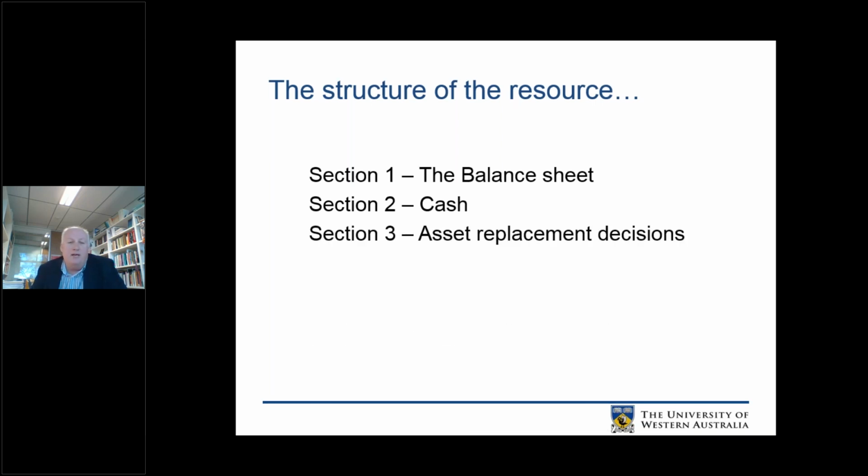We also have a section looking at the asset replacement decisions that organisations might make. And we make some suggestions about how organisations might make those replacement decisions and what kind of risks they might be able to identify in the context of the assets that they deploy in trying to achieve their mission. Again, this is, if you like, taking out of the balance sheet or focusing on some particular sections of the balance sheet, but I think important sections for people to consider.